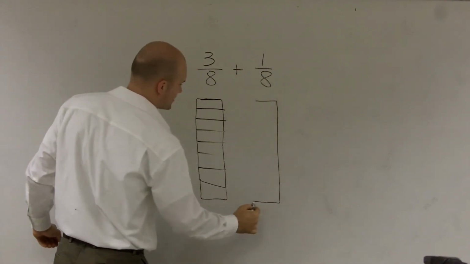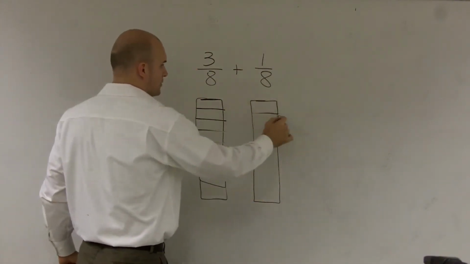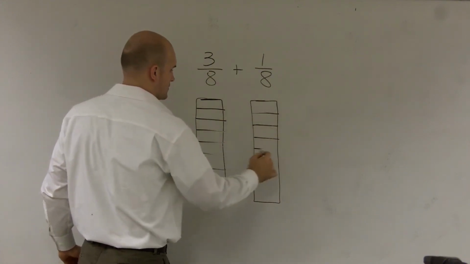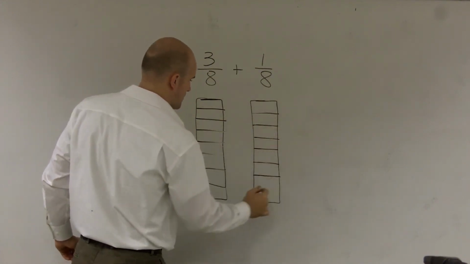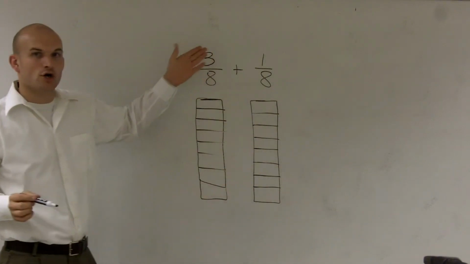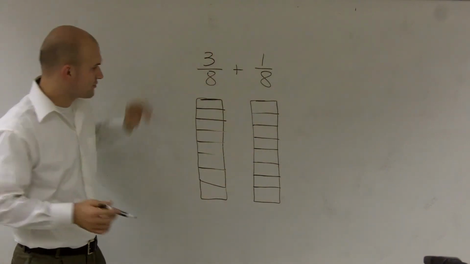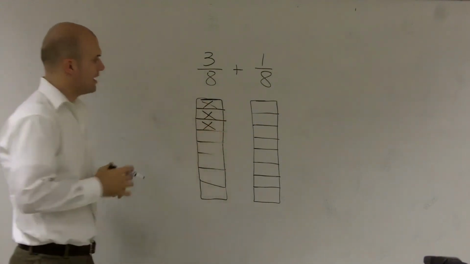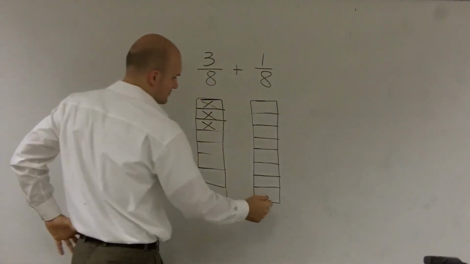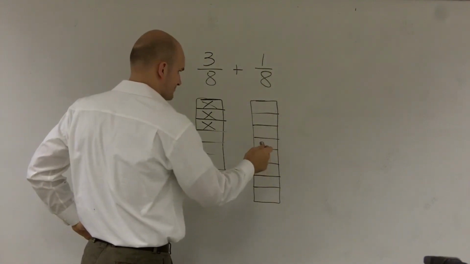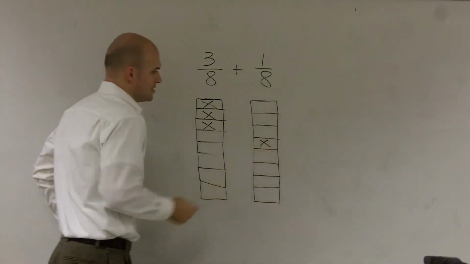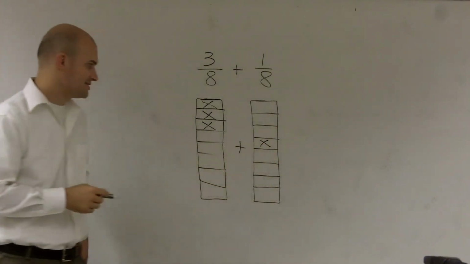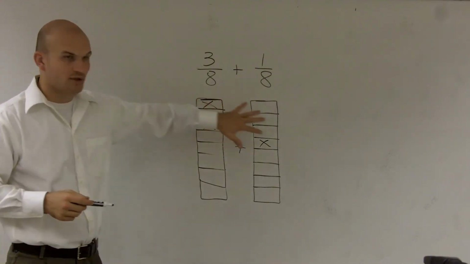So remember, a fraction is a part of a whole. A fraction is a part over a whole. So this says there are 3 parts, so I'll say 1, 2, 3. And this one says there is 1 part. So if I said I was going to add these 2 together, the 3 parts plus the 1 part